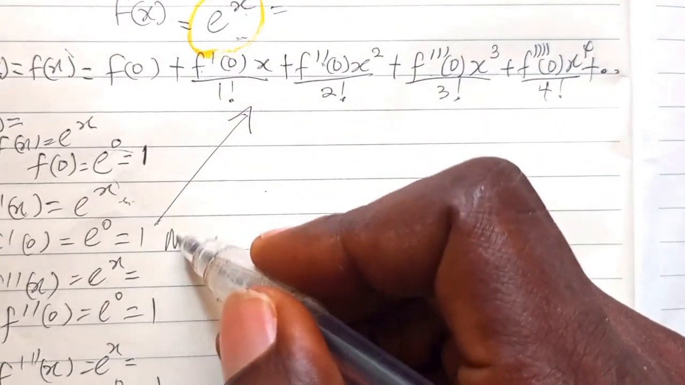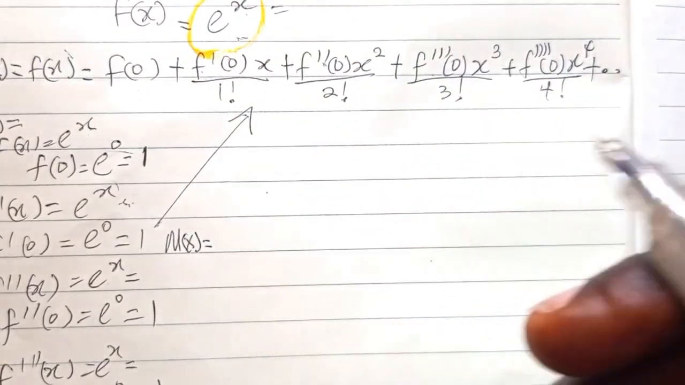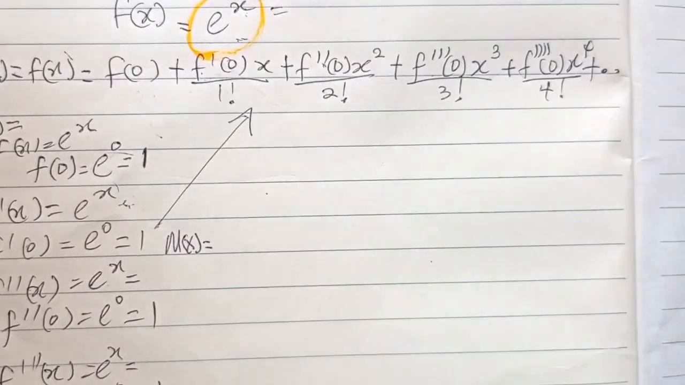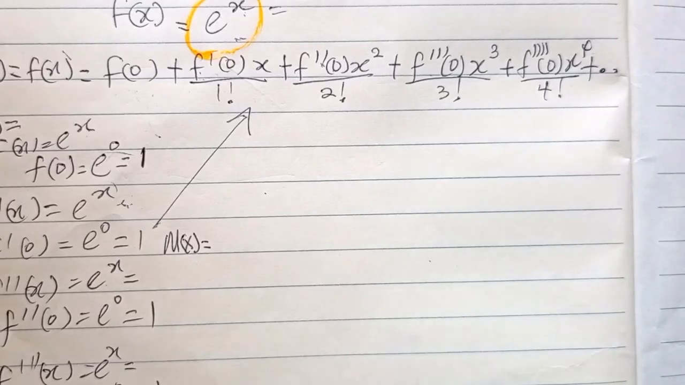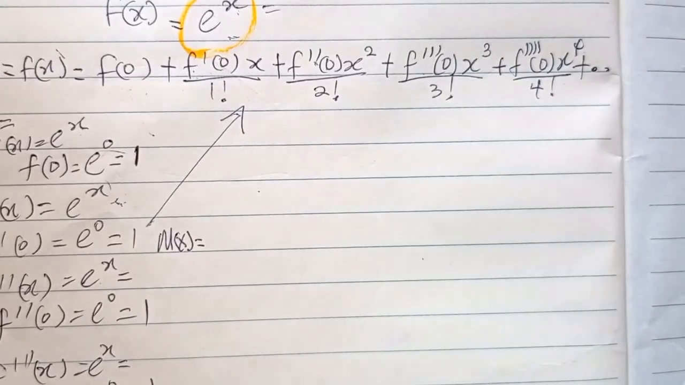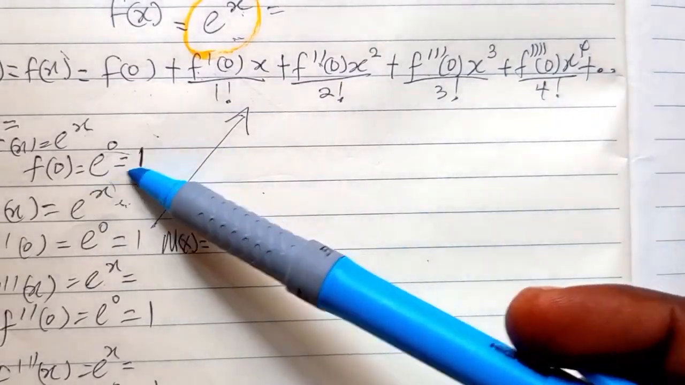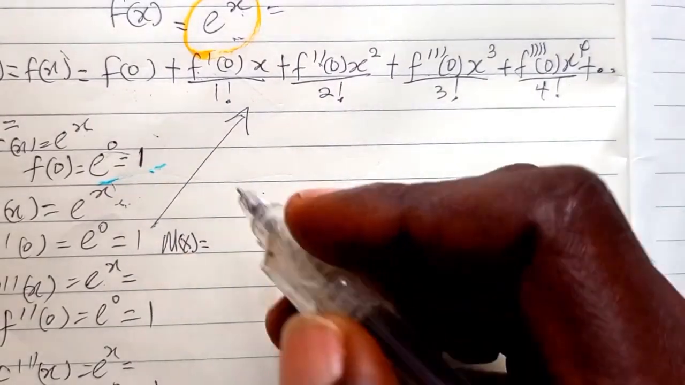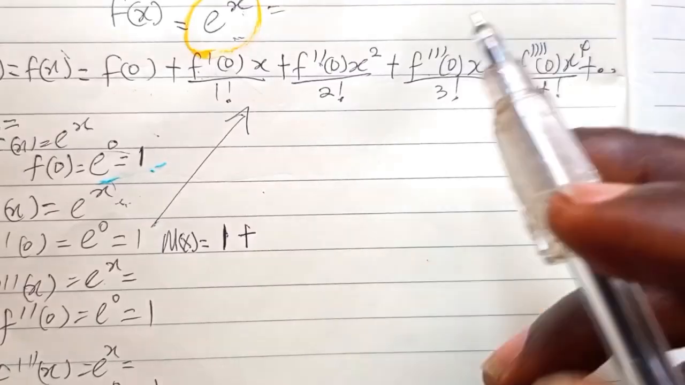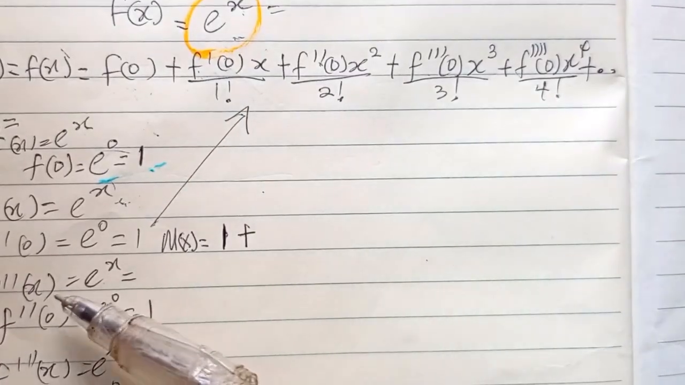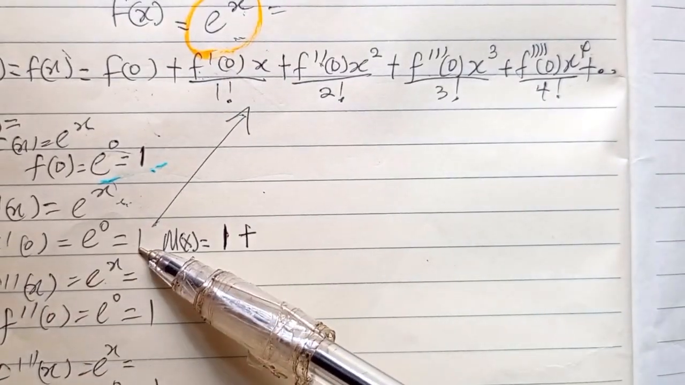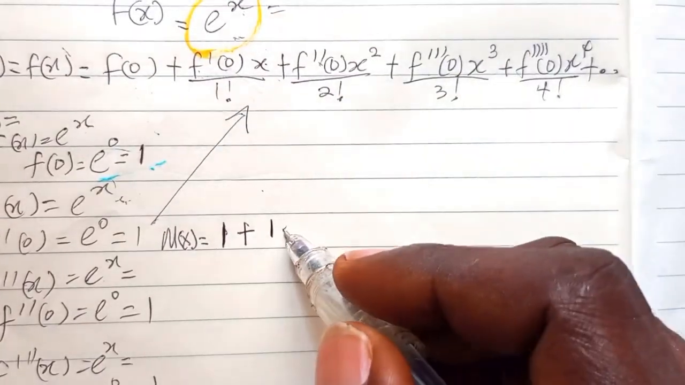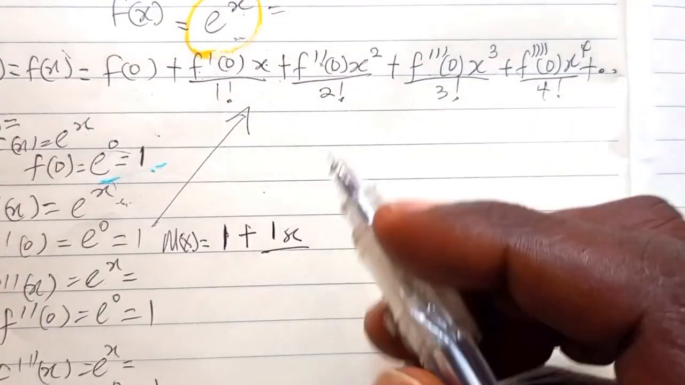So I'm just going to have M(x), which is the Maclaurin series. So I have f of 0 first. F of 0, you can see it from here. F of 0 is 1. So f of 0 is 1. So I'm going to write 1 here plus f prime of 0. You can see it from here. F prime of 0 is also 1. So I'm going to write 1 here. Then I'm going to put x at the side, divided by 1 factorial at the bottom part,